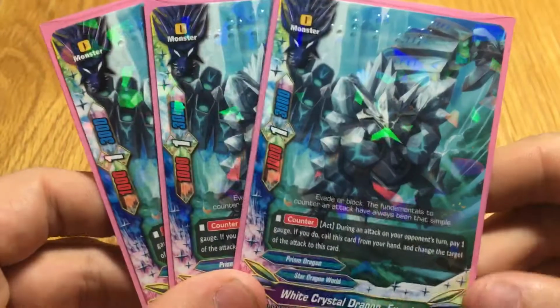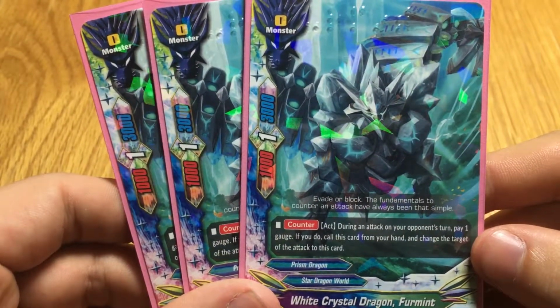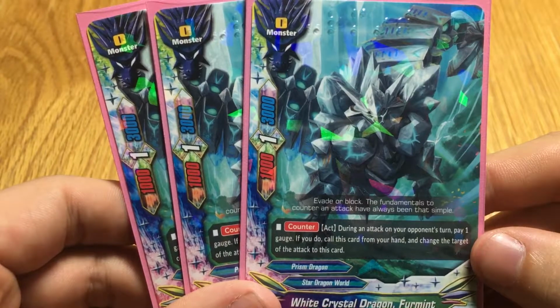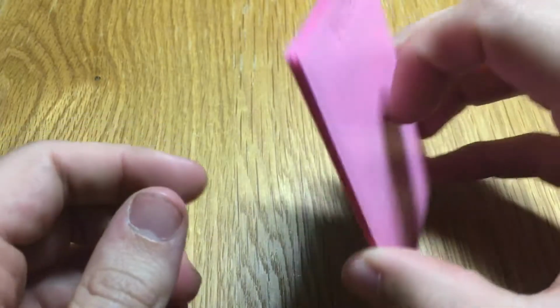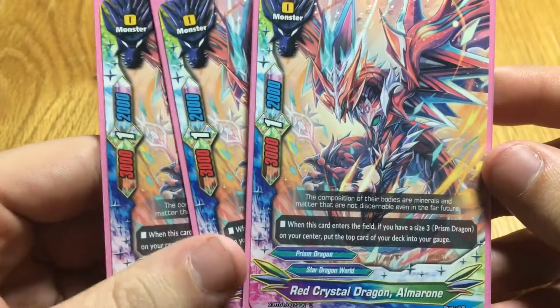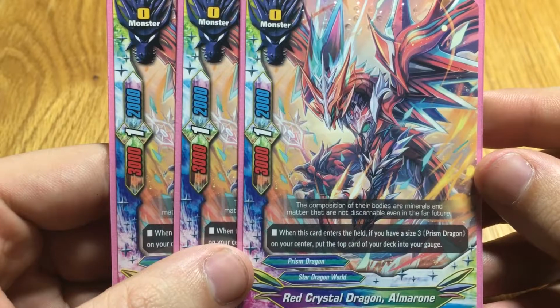But to start with, we have 3 copies of Fermint, which is your Mac Braver clone. He's the first likely to come out. He's not very useful, and we generally keep size 3s in centre. But that's pretty much all there is to say about it. It's Mac Braver clone. Almarona, 3 copies. When it comes into play and you have size 3 in your centre, then you gain a gauge, which is